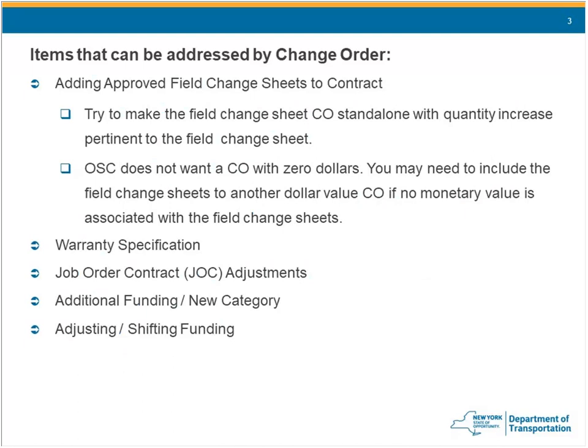OSC does not like $0 change orders very much. It creates some issues with the different accounting systems. So as much as possible, try to not do a $0 change order. However, there may be cases where you are, like a warranty specification. Other change order types